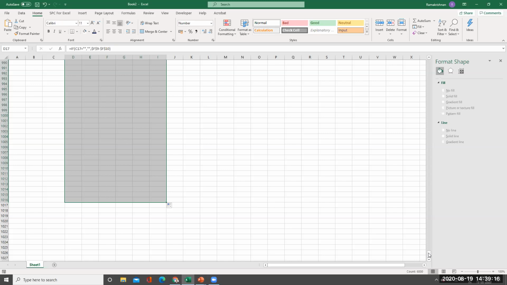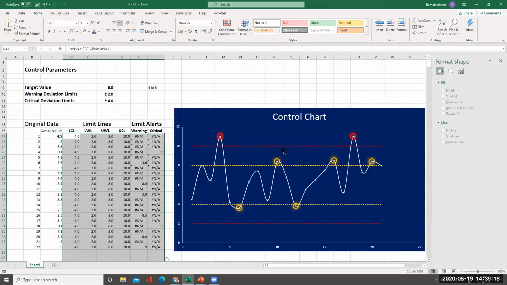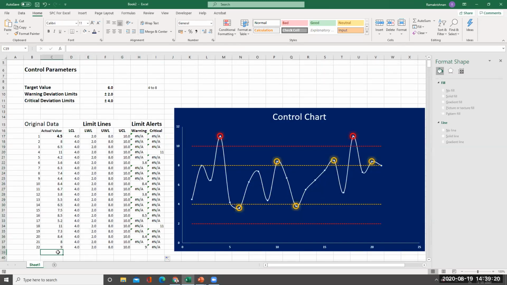See here. Now you can see that all the values will be calculated here. If I add now say 10, see all the values are calculated here. Right? 10 is a warning limit. If we put it as 7, it is known. Okay. So now I have added the data, but it is not going into the chart.